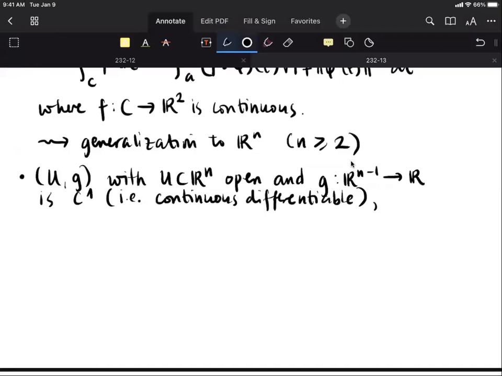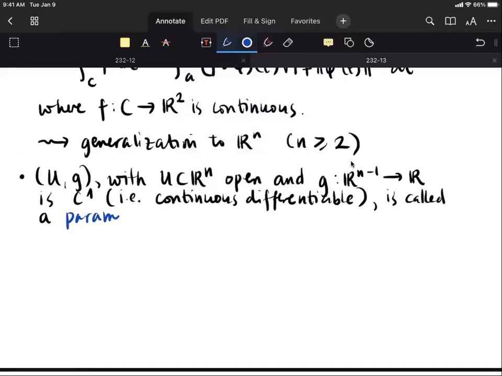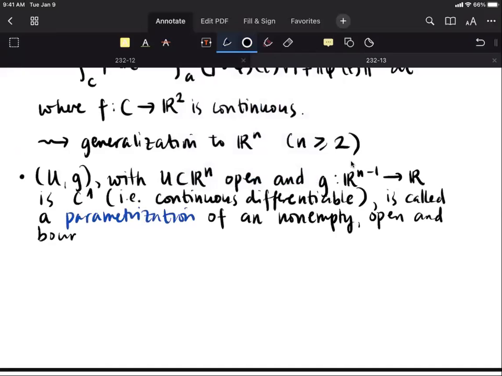Then this pair, U and g, an open set and a continuously differentiable map, is called a parametrization of a non-empty open and bounded domain omega in Rn